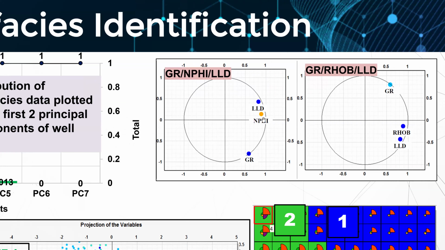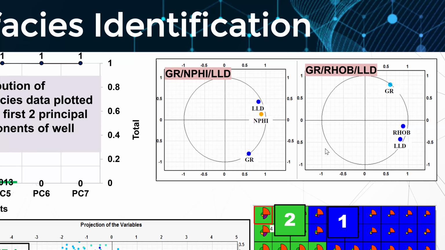We have one cluster for gamma ray in the two scenarios. The second cluster or group has RHOB, or LLD, or NPHI and LLD, the deep resistivity. That means one of the porosity logs, neutron or density, is sufficient to characterize your petrophysical data without